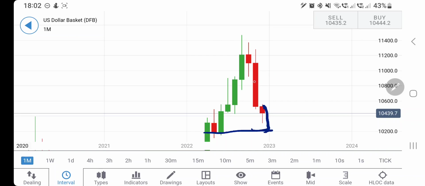Why? Because after the breakout, this was the first red candle, and possibly it may try to give you a second red candle consistently this month. So a probability exists that we may see it trading in red. However, right now it is trying to show you a pullback, and once it trades above 105.5 or 106, you can consider this for a reversal.